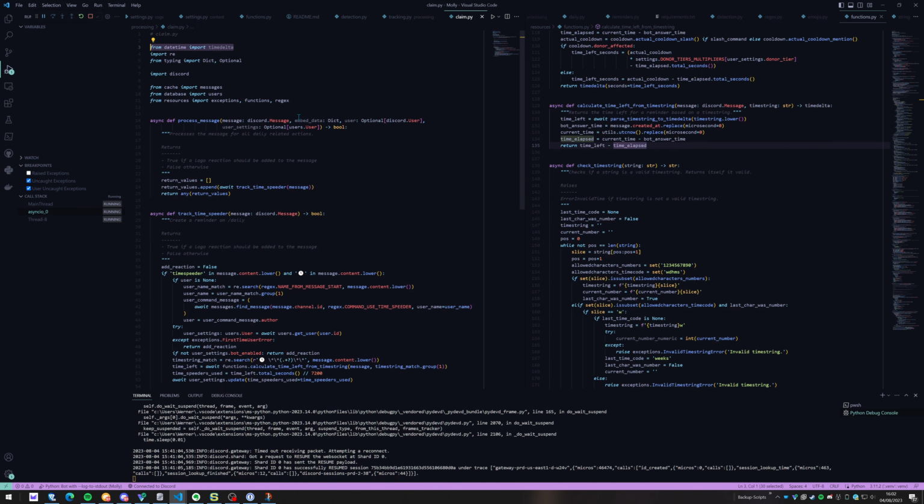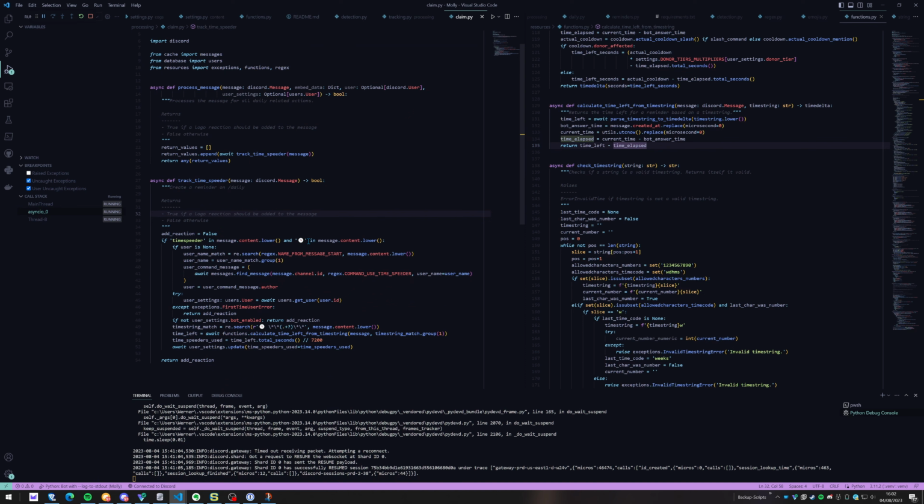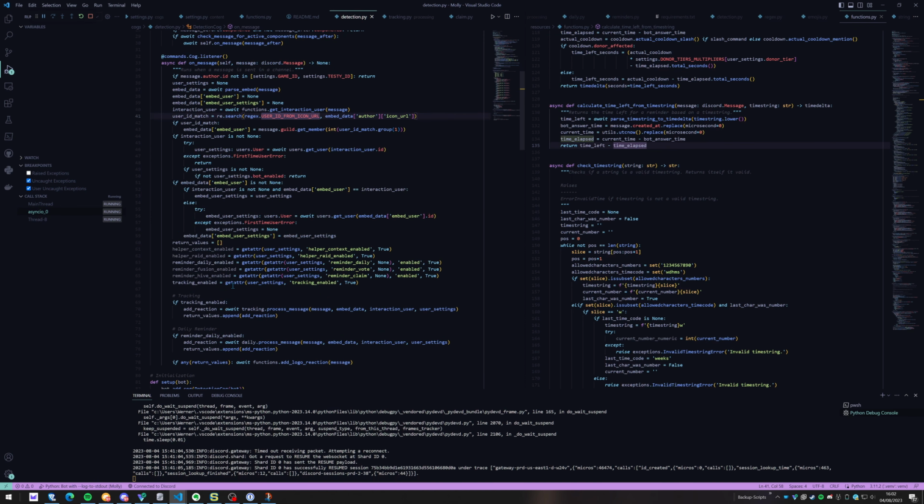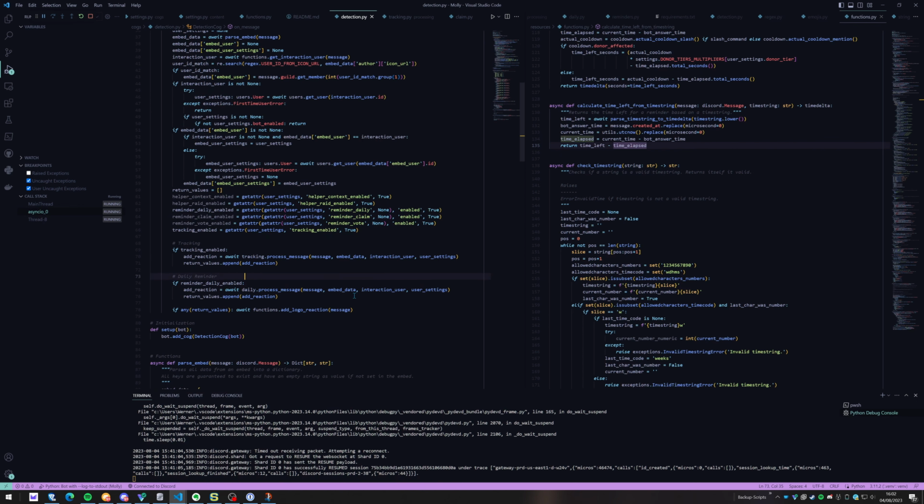Let's get rid of stuff I don't need for now. And let's actually use this. Helper. Whoa, there's some old code in here. Helper claim enabled. Helper. No, reminder claim, reminder vote. Yeah, okay. Reminder claim. What? What the hell did I do here? What a mess. Okay. Now,